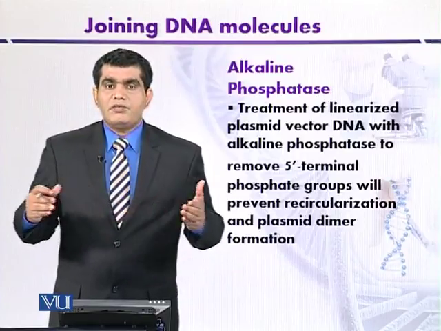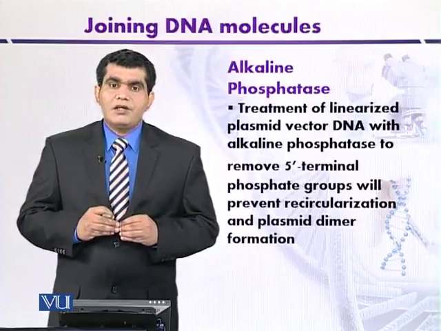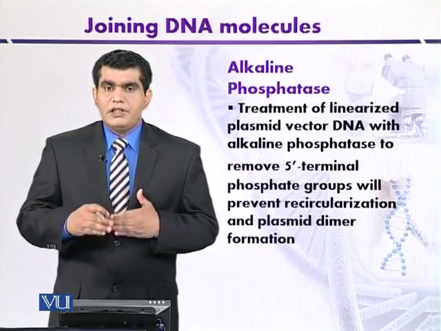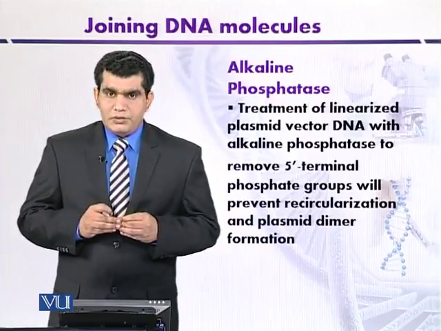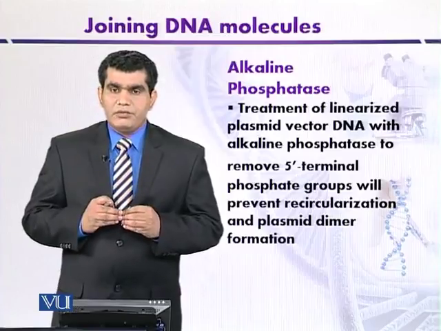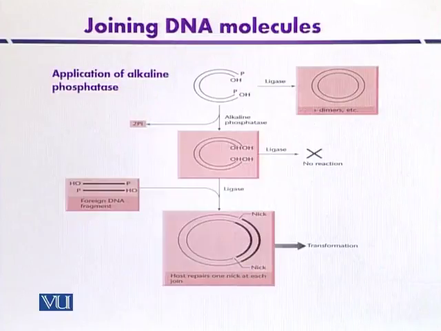So this is one of the applications of alkaline phosphatase that can enhance the number of recombinant molecules when we treat vector with this enzyme. So we can understand it with the help of a diagram, that is application of alkaline phosphatase to create recombinant molecule. So here we have a plasmid that is digested with some restriction enzymes like EcoR1, so that one can